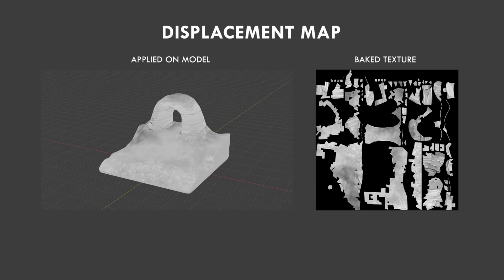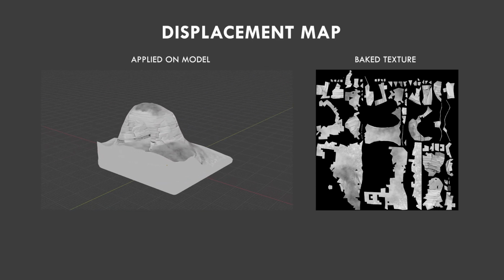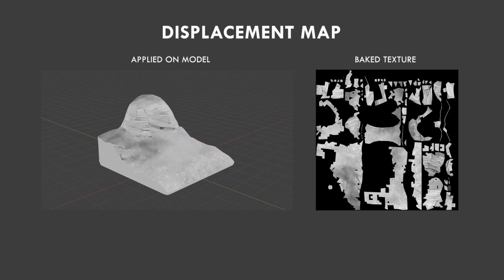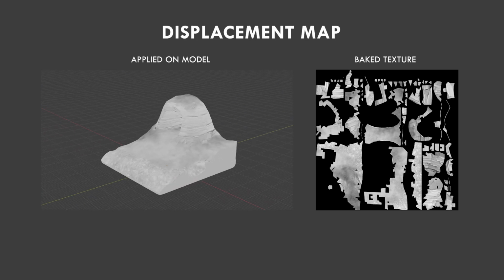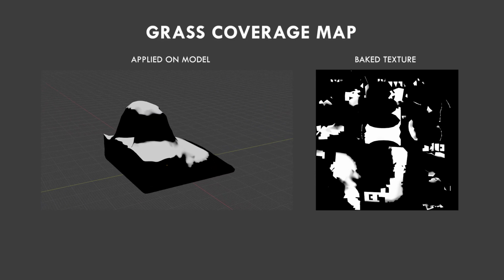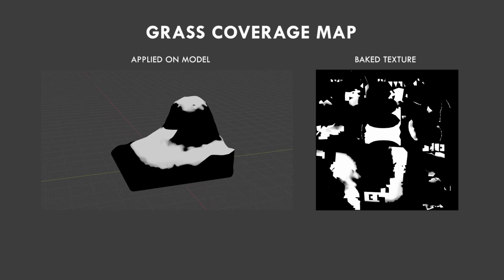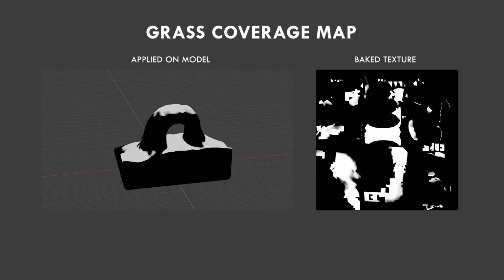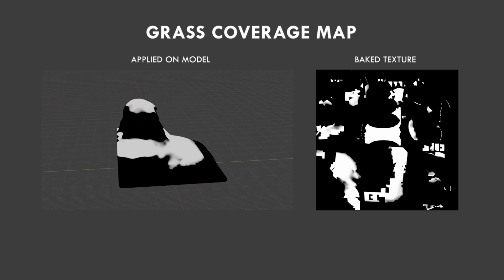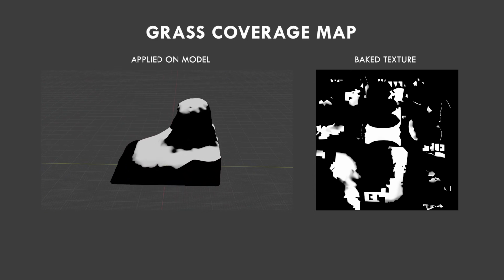It is more efficient to add surface details in the displacement map than modeling it in a higher resolution mesh, because a higher resolution mesh is more taxing to work with. Grass coverage. This is a texture controlling where and what amount of grass will be applied to the terrain. Grass is added by Voxtool, which has parameters for max height of the grass and max density.